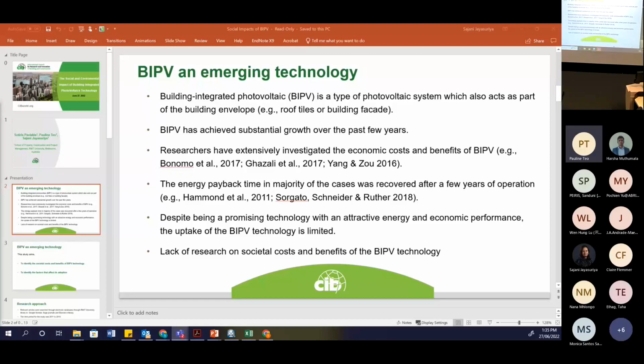Mainly because it's still an emerging technology, and for example, developers in large-scale construction projects are a bit uncertain about the value added that this BIPV system can offer to the project. So the researchers view that any kind of renewable energy project is really highly dependent on the social acceptance of